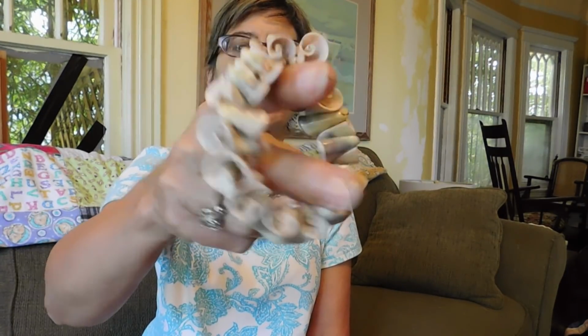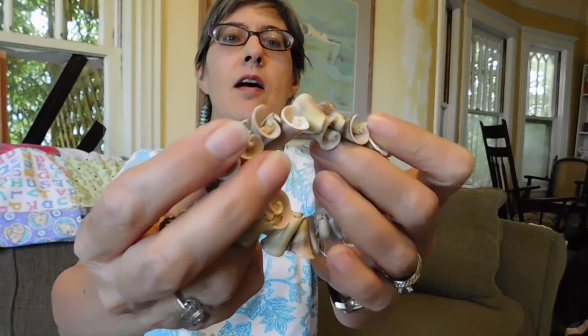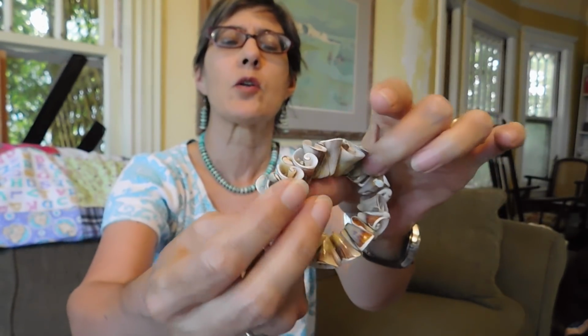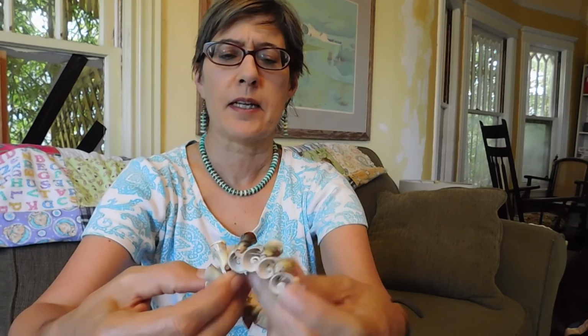This is just a little stretchy shell bracelet that was 50 cents. I like this style where it's like the insides of the shells. I had one of these that was wider with bigger shells, but I sold it for quite a bit, like, I don't know, $35 or something. I can't exactly remember now, but anyway, got that for 50 cents, and I also got this for 50 cents,